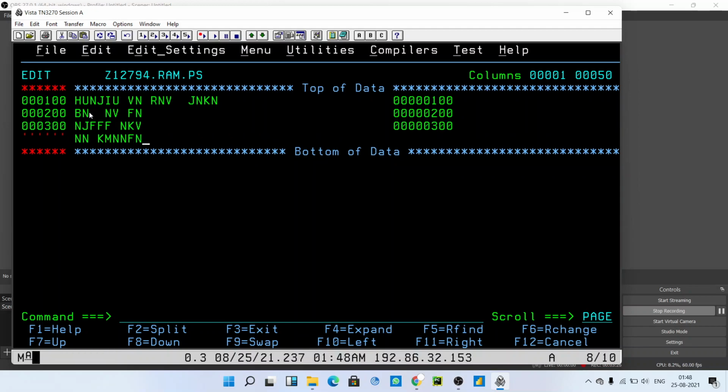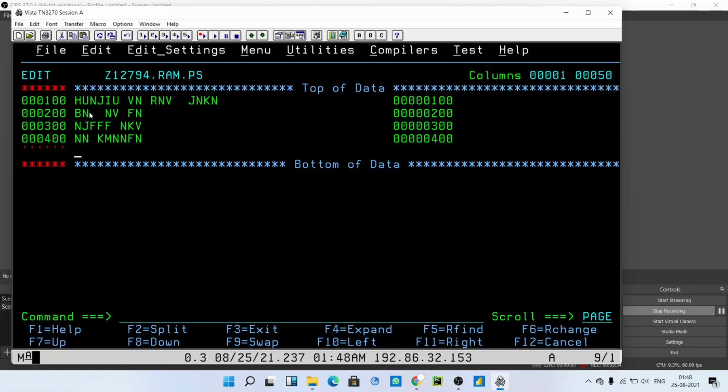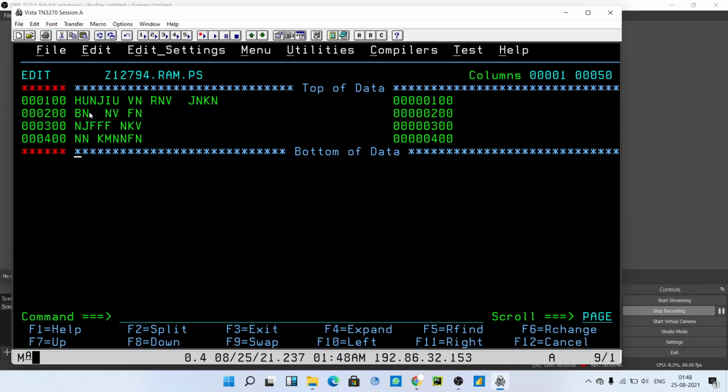But if your data entry is done and you want to save it, then if you press enter, you will get one empty line. If you want to end your data here and save it, just press enter again without typing any space or anything. Then you will not get any new line further, and you can directly save your data. So we have learned how to insert a line.